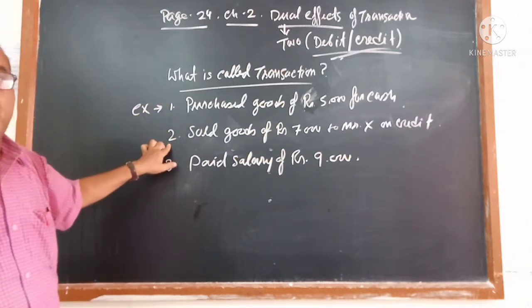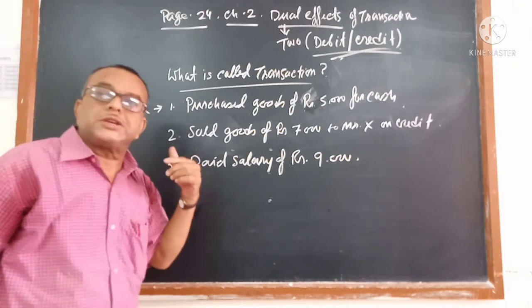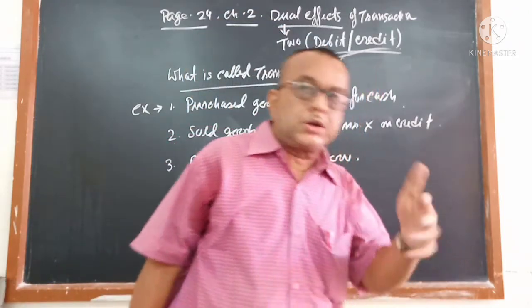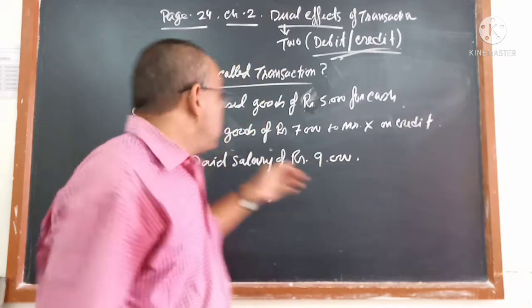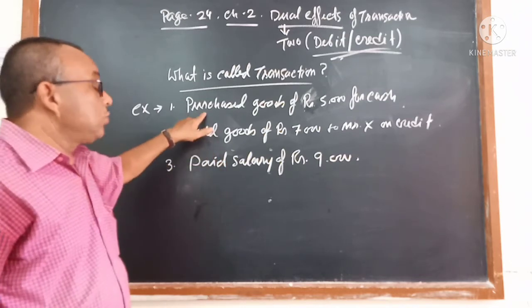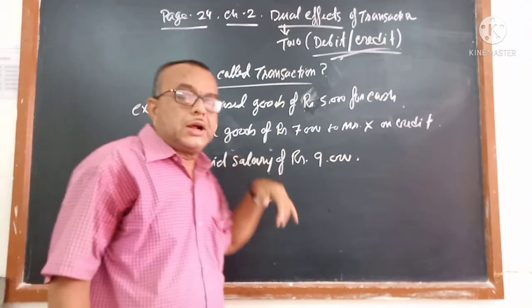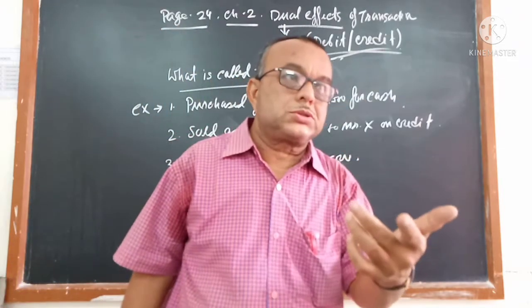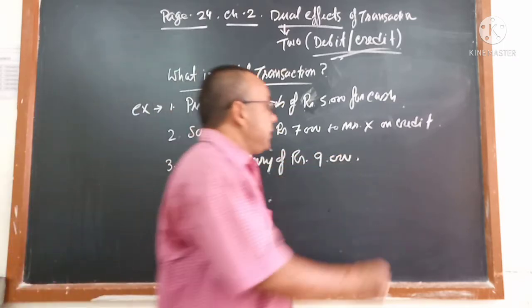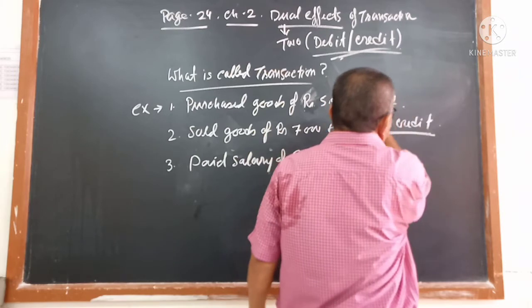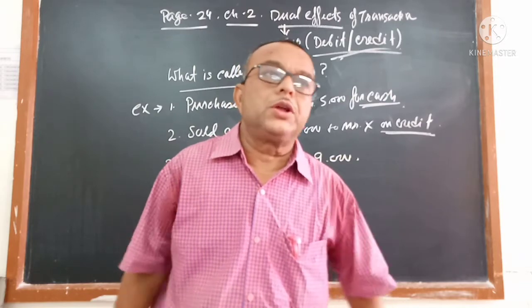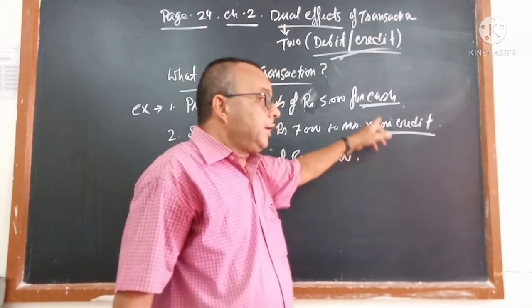The second also satisfies all 3 points. Sold goods means you sold. Purchase goods means you purchased. So here you are the seller, and there you are the buyer. When you are the seller, obviously somebody was the buyer. So there is a seller and a buyer. The 2 things are goods and on credit. On credit means it is not paid in cash on the spot, then and there. So it is called on credit, and the other is on cash.